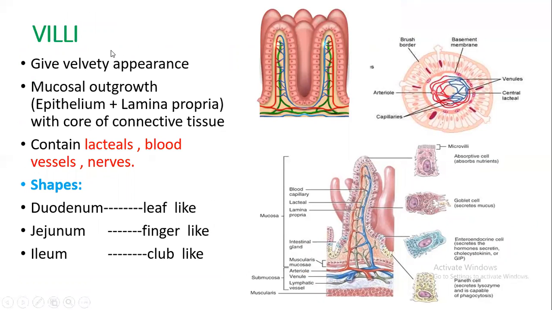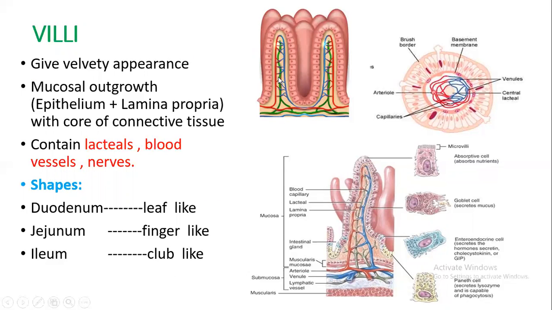So villi are a characteristic of the small intestine. It gives the characteristic velvety appearance. Villi are mucosal outgrowths, which we have just studied, that consist of epithelial lining along with lamina propria. And in the lamina propria, you have a core of connective tissue. In this core of connective tissue, you have arteriole, venule, capillaries, and a central lacteal, a lymphatic central lacteal for the